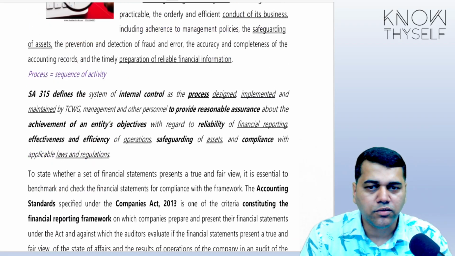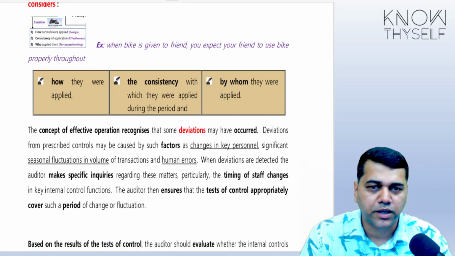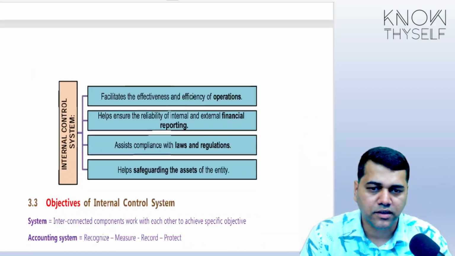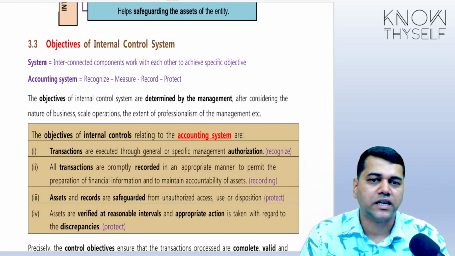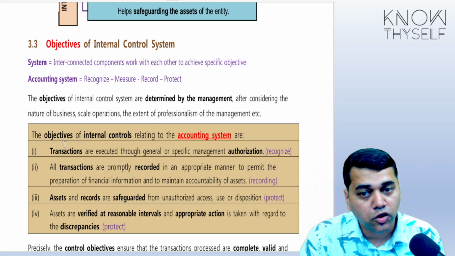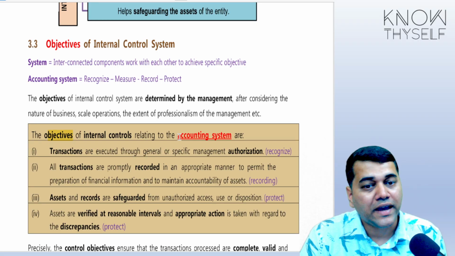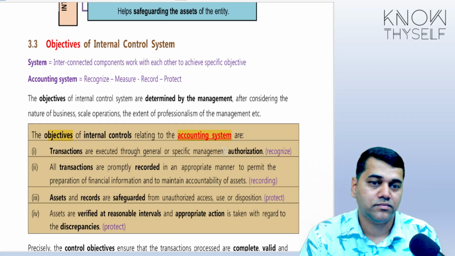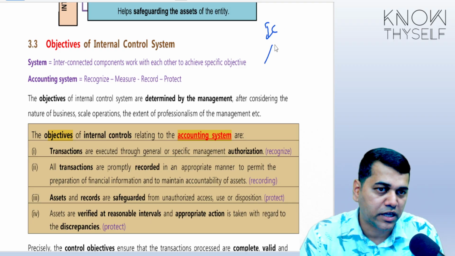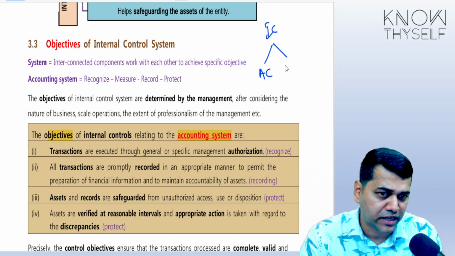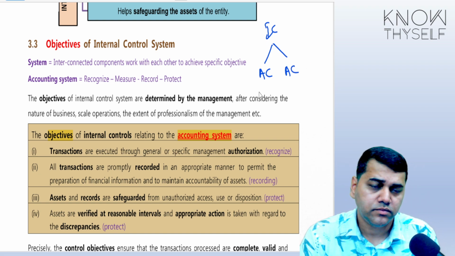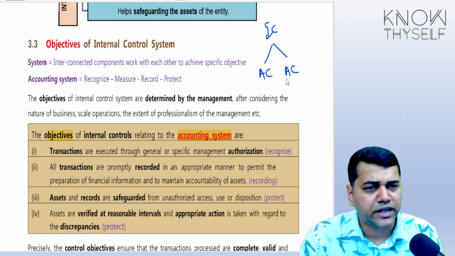One of the objectives, the very first thing we came across here, is the objectives of the internal control system. Please note the word, students. What they are asking you is the objectives of the accounting system. We already discussed that when we talk about internal controls, there are 2 broad categories called accounting controls and your admin controls. So forget about the admin controls.